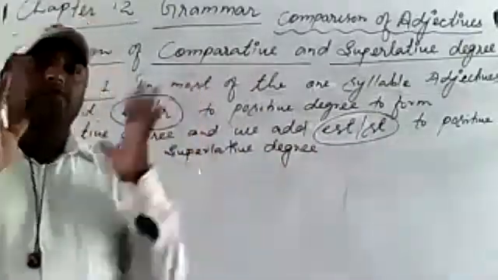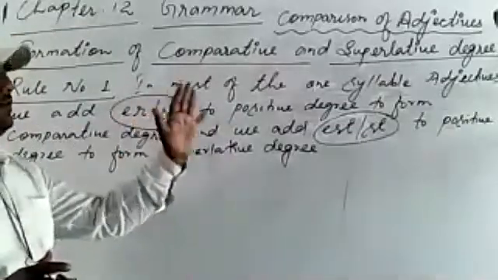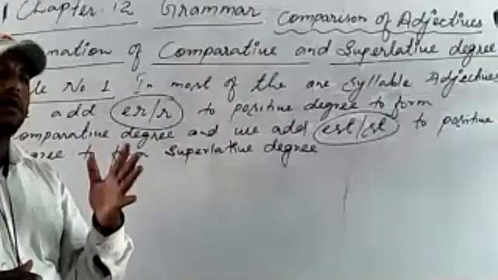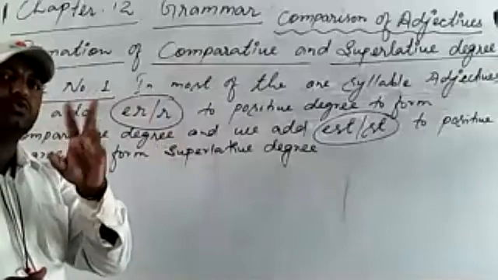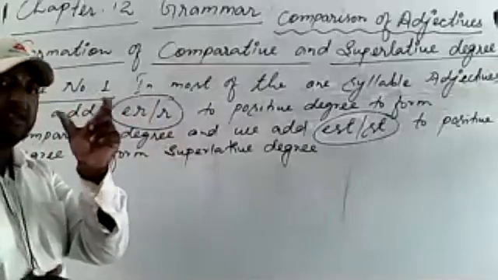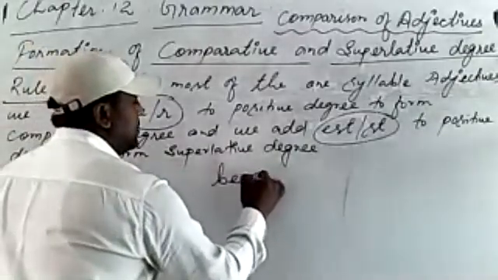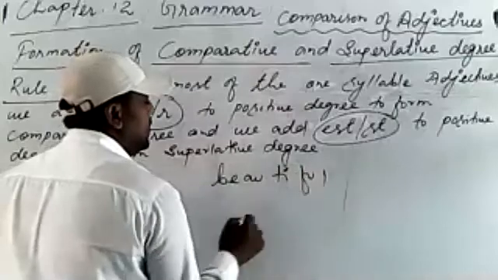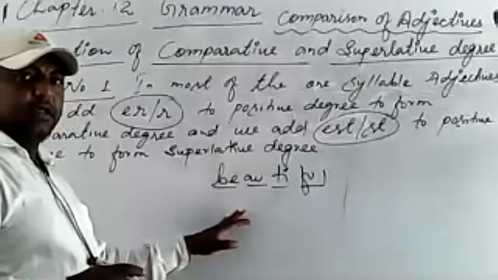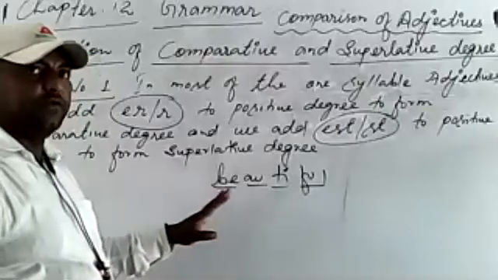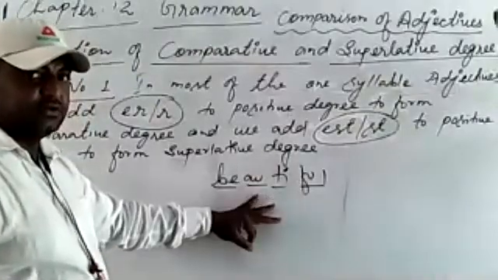Now the first thing what I want to inform you is that look here, read this first rule. In most of the one syllable means the word which can be spoken at one time. We don't use 2-3 words to spell it. So that is called one syllable. Like look here, beautiful. It's 4 syllable. कितना syllable है बेटा इसमें? ये 4 syllable है. But we are going 3 syllable. It's not 4 syllable. It's beautiful. It's 3 syllables, right, students?